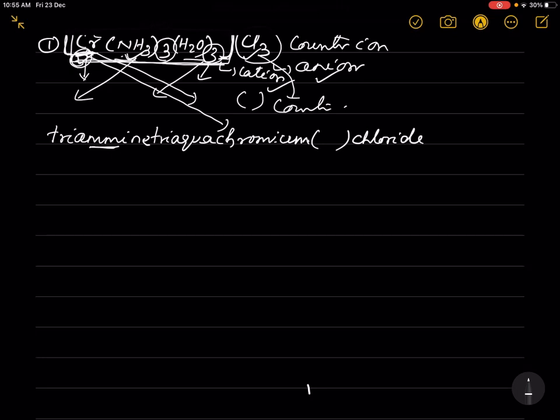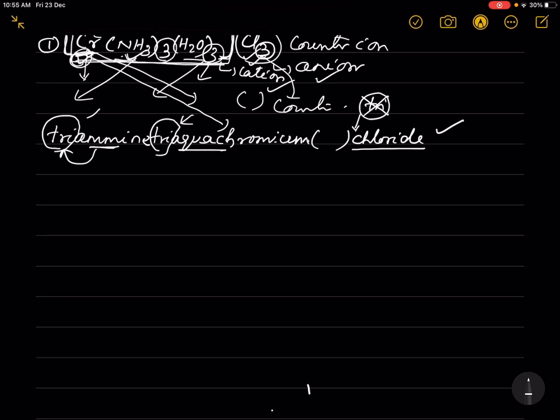chloride. For information, you never have to indicate the number of cations and anions. Here there are 3 chloride ions, but you have written only chloride. No need to write trichloride. Don't write trichloride. Number of anions should not be written, so only chloride is there. But number of ligands inside the coordination sphere should be written, triammine, triaqua. If it is a ligand, then the numerical prefix, or you can say suitable multiplier, should be written, triammine, triaqua,